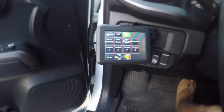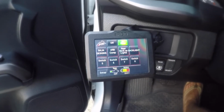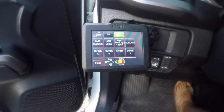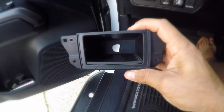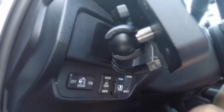Alright guys, so this is the finished product I have here, and it was a pretty straightforward and simple install. It took me about 5 minutes, even with the little hiccup that I had earlier in the video. I'll show you guys the little cubby. I ended up drilling a hole thinking that the Ethernet cable, and I'll show you that Ethernet cable that's plugged in, the power switch for the